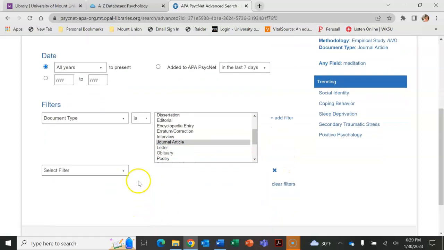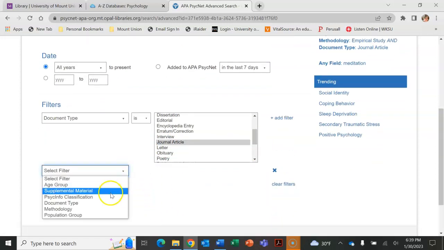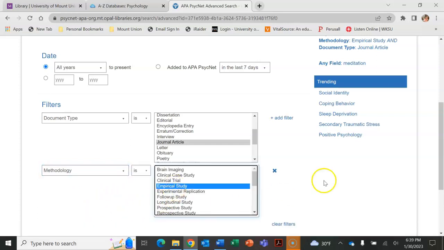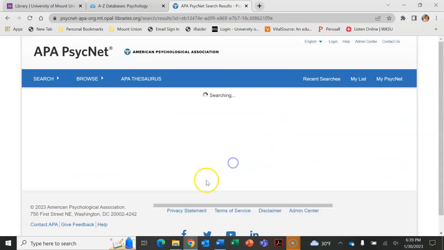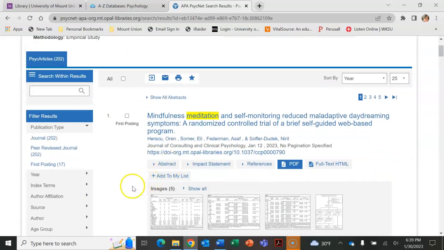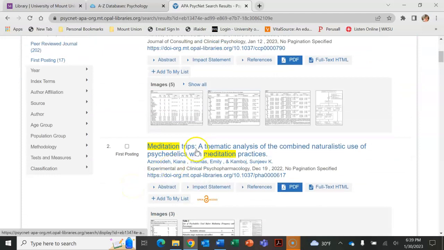And then if I want to add another filter, I can choose methodology and say empirical study. And then I'm going to hit search again. And you see about half the number there. So if I pick an article,